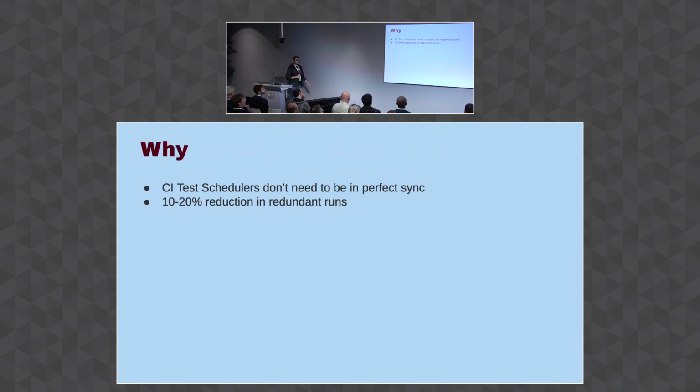So why do we like test caching? You can think of an example where we run some tests in pre-submit, and we also run tests in pre-release. In some cases, Bazel realizes that you don't need to run the test again because the test already ran in pre-submit. So we can say, you know what, we don't have to run the test, we can just fetch the results from the cache. And what we see is a 10 to 20% reduction in the number of tests we run every day, which is really good for efficiency. We also run into fewer flakes because we don't need to run a test again.